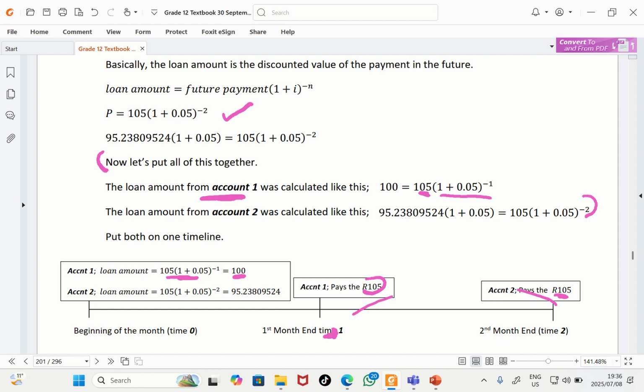Please do not forget this. The loan amount, don't forget this line. I was taught this by my own lecturer. I won't mention her name. Azani. Okay, that's her name. She said,